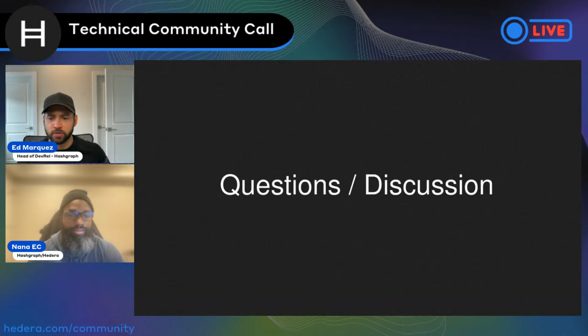I had a question about 1084. What kind of impact can we expect for the user experience in relation to HIP 1084, right? Like, what do the relay operators see, and then what do the end users see with that implementation of this HIP?